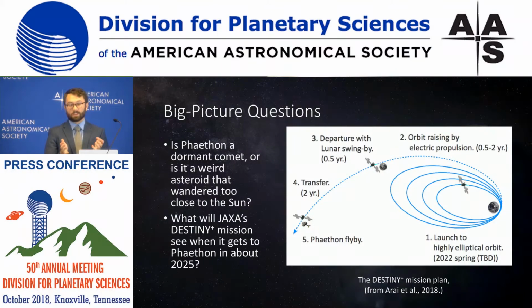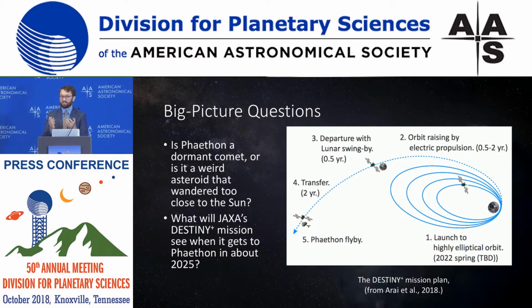So the big picture questions that we were interested in answering before we actually collected any data were, one, fundamentally, what is Phaethon? Is it a dormant comet? Is it an object that made the Geminid meteor shower in the past in a normal way, leaving behind a debris trail, and is now just run out of gas and dust to shoot off? Or is it something different? Comets are, generally speaking, red in color, and Phaethon is blue. Maybe Phaethon is just some sort of strange asteroid that wandered too close to the sun,